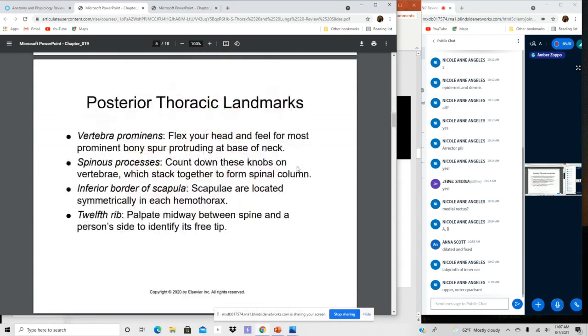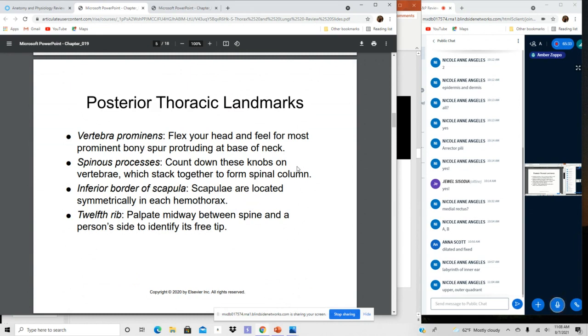Now we talked about the front, now we're going to talk about the posterior or the back part of the thoracic cavity. There's the vertebra prominens. If you flex your head and feel for the most prominent bony spur protruding from the base of the neck, this is the vertebra prominens. The spinous processes, if you count down these knobs in the vertebrae, which stack together to form the spinal column, these are the spinous processes. The inferior border of the scapula